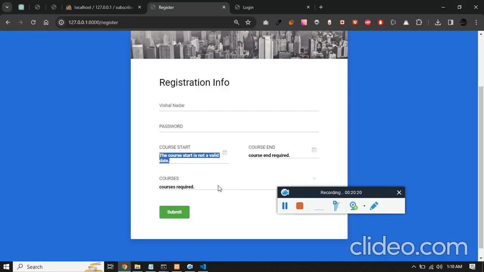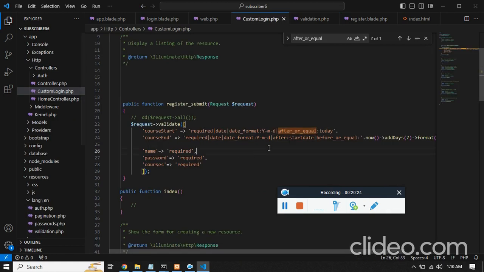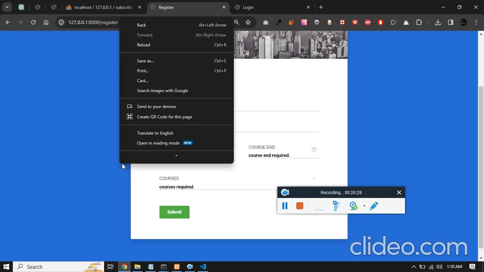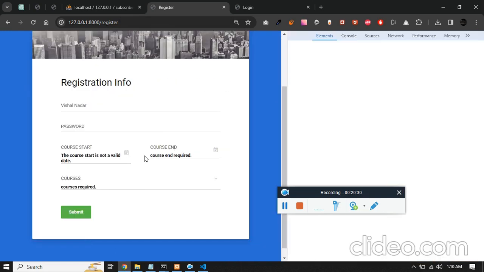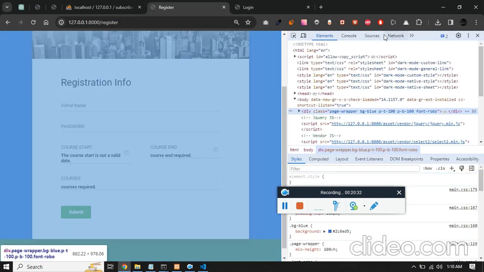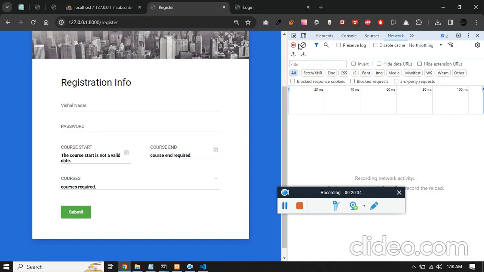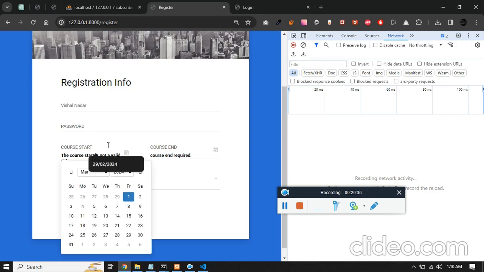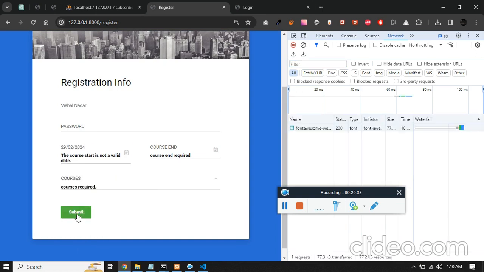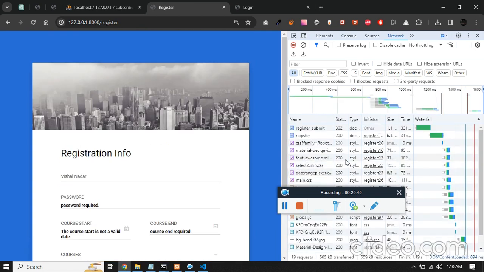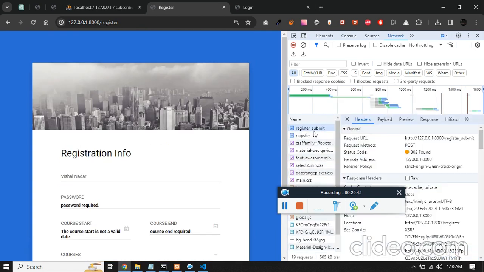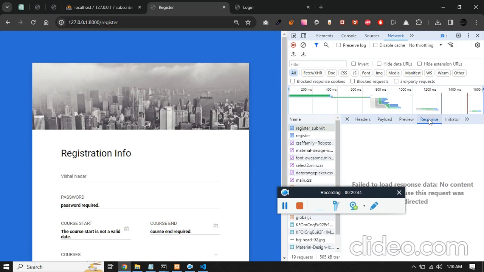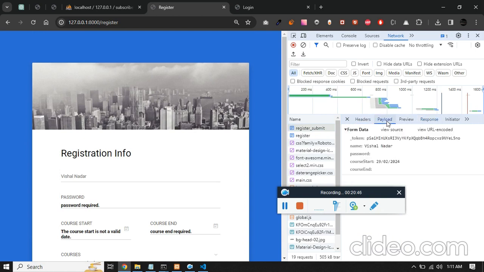Actually it's not a valid format, that's what it is specifying. I think it's not storing in this format. So in that case, if you want to see which data got submitted, go to the network tab and click submit, or select the date again and click submit, and here you will see two values, and in the response or in the payload you'll see it is getting sent as